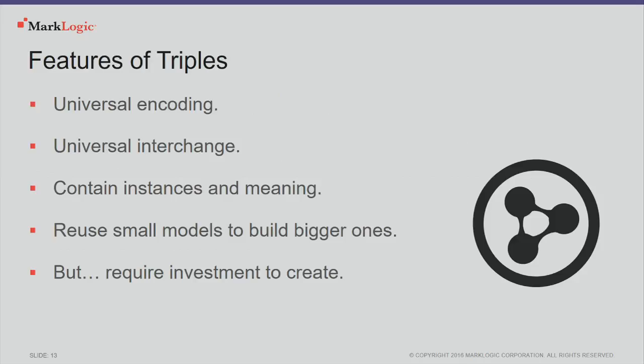So before I turn it over to Mike here, just think about features of triples. We've got a way to universally encode any kind of data. We have universal interchange because a triple looks exactly the same, whether it's sitting in a database or on a file system or on a piece of paper. All you do is parse and serialize these things. You don't have to make any other decisions about how your data moves around. The triples can contain both instance data and class data, and you can reuse just about anything that you create